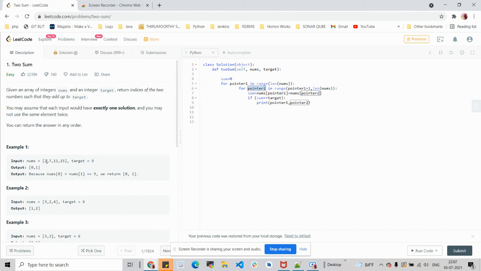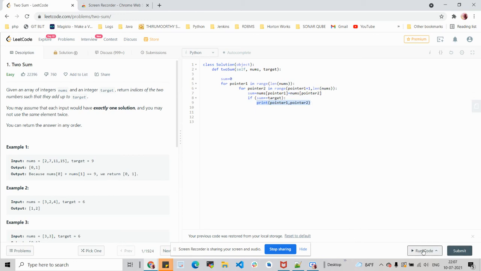For each iteration of the first pointer, I sum up the different combinations of values pointed to by the second pointer, and I compare the sum to the given target. If the target and the sum match, I'm printing the indexes of those elements.